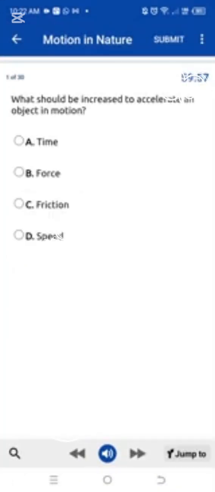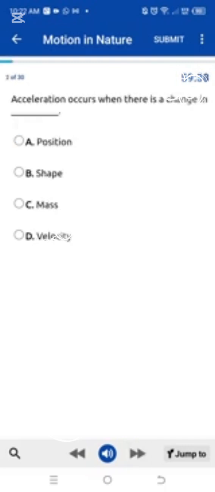Now the assessment, you are timed. Do you understand? You are timed. This is an hour, and then you go through. Once you say okay, let's pick a random and submit. What should be increased to accelerate an object in motion? Go through, pick a random,